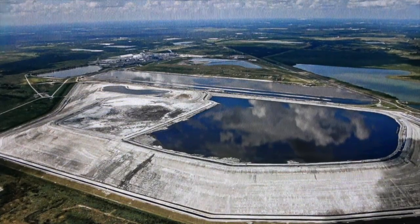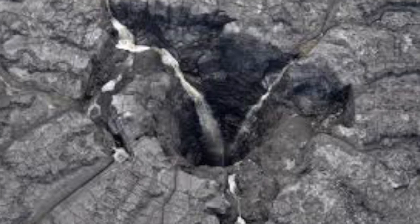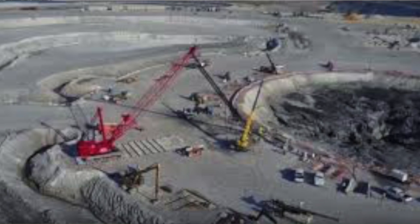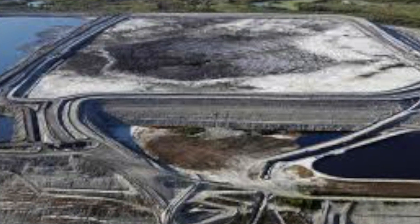Then, in 2016, the mother of all sinkholes opened up under one of Mosaic's largest gypsum stacks, and 215 million gallons of radioactive water drained right down into the Floridan aquifer. It took the company 17 days before it even alerted the public as to what had happened. You would have thought that this disaster would have been enough for the EPA to shut down this industry, but